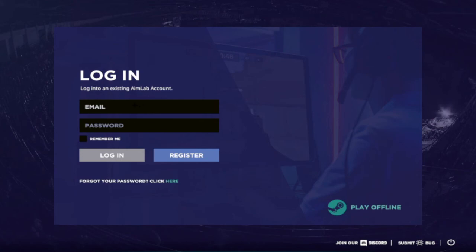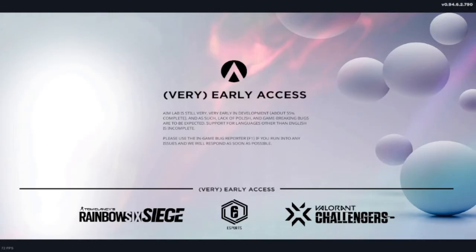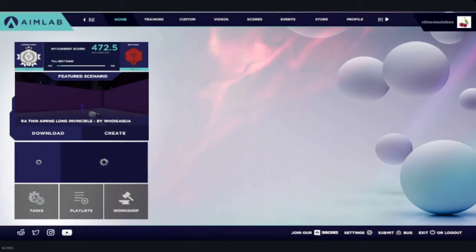It logged me out. Of course it did. But basically what Aim Labs does is it's just an aim trainer. It's a free alternative to Kovaak's because I'm not paying for Kovaak's. That's just how it is. I'm just not doing it. If I ever have extra cash on Steam, I will maybe, but